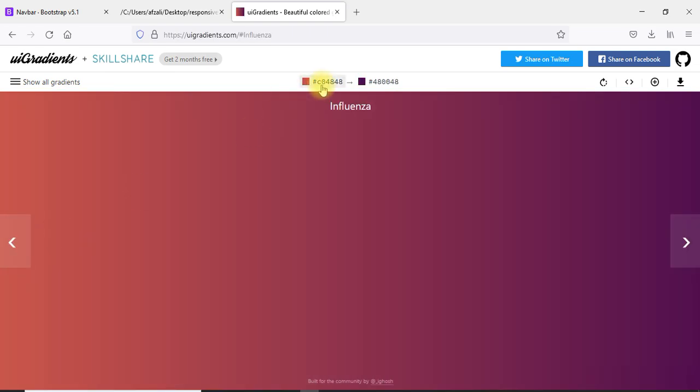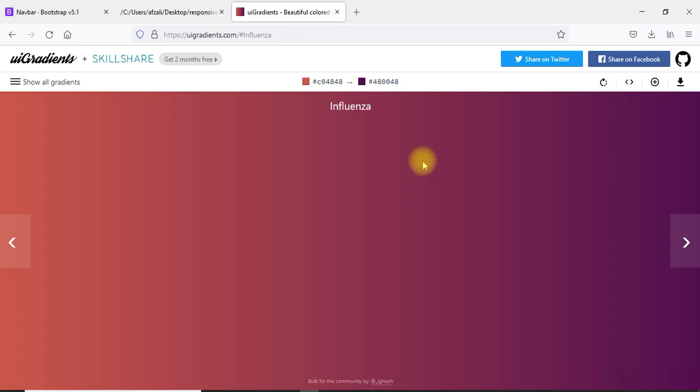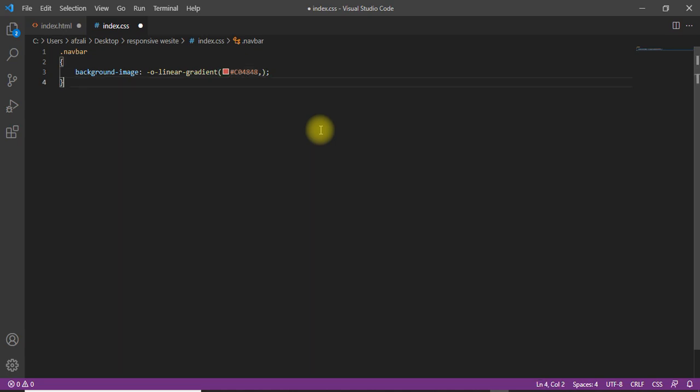Now I copy the first color, go back to VS Code and paste my color here, put the comma, again take the next color, copy it, and again back to VS Code and paste. Okay, fine. So both the colors are here, applicable.